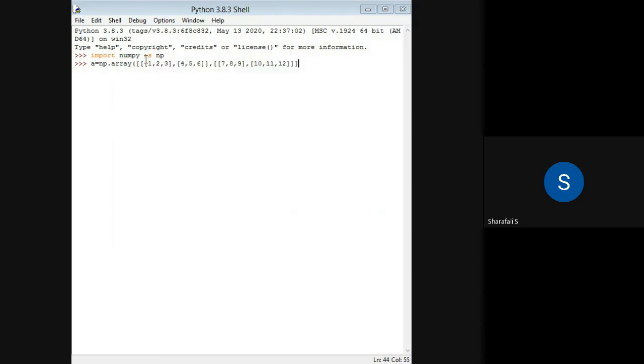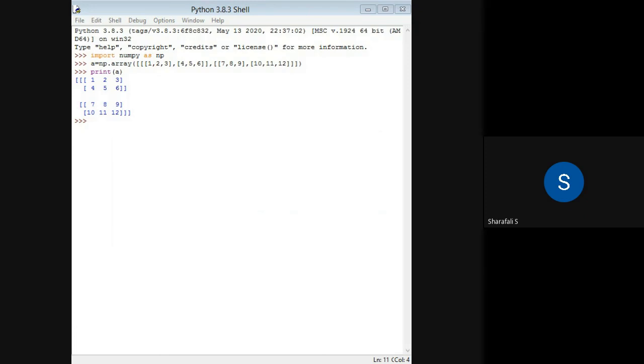So I think I've closed all these brackets. So this is my three-dimensional array. If I print that array, we can see the three-dimensional array here. As we discussed earlier, this will come as two-dimensional arrays, one after the other.